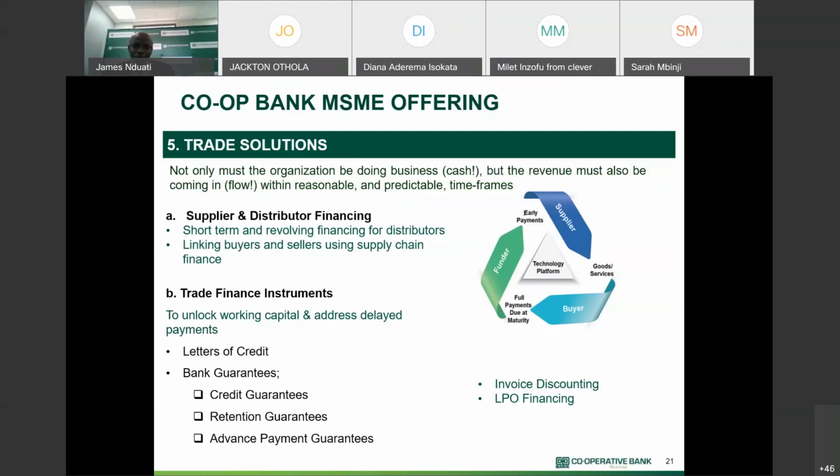And we are really supporting, and we are ready to support you, even in the sector that you are in. So at the trade finance, I know we have many solutions, these credit guarantees, we have performance guarantees. And if you visit any of our branches, our officers are well equipped to offer you the solution that you require. So just don't stay there, visit our solutions and our branches, and you get assisted, whether on the side of working capital facilities, asset finance, and even mortgage solutions, and the trade solutions that you can see in front of us. So in terms of call to action, number one,